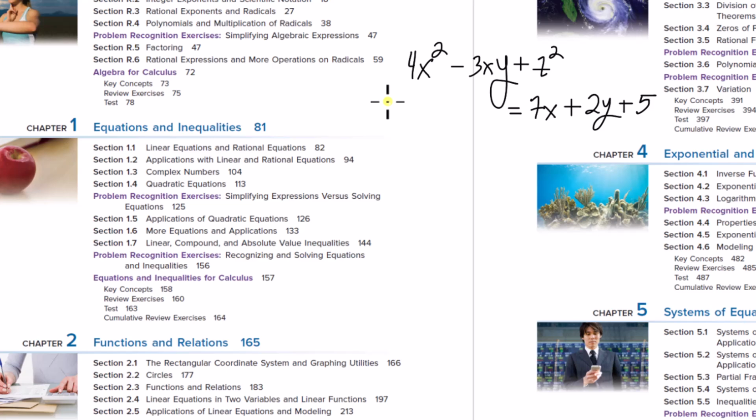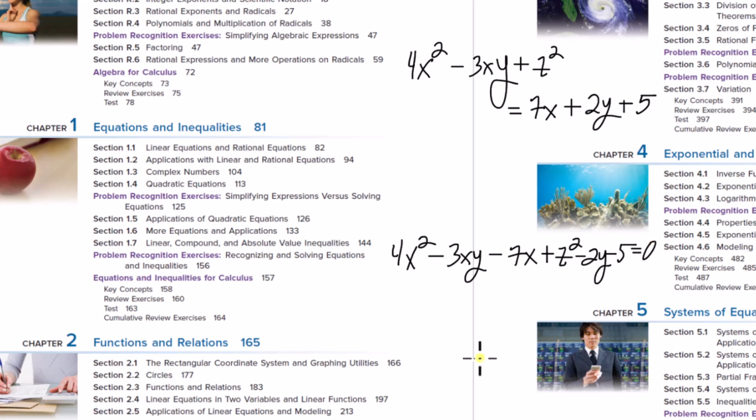Even though they're not constants, you kind of treat them that way when you're manipulating the equation. So in that sense, let me come down here. To solve a quadratic equation, we would bring everything to one side and leave the other side equal to 0. Okay, so let's do that. But then let's also bring the x squared terms together, the x terms together, and the terms with no x together. So, okay, 4x squared, and then minus 3xy, and then minus 7x, plus z squared minus 2y minus 5